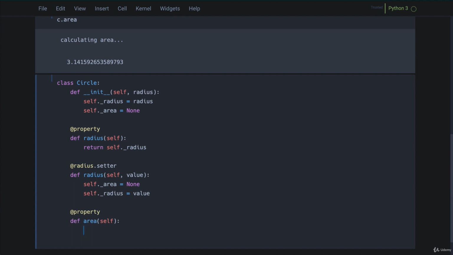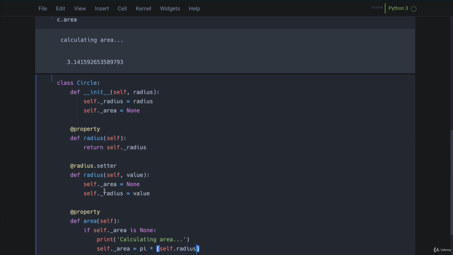Here I'm just going to say if self._area is None. So if it's None, what does that mean? Well, that means that I didn't calculate the area, right? My cache isn't filled with the area for the current circle. So in that case, I'm going to print 'calculating area', and I'm going to calculate the area. self._area equals pi times